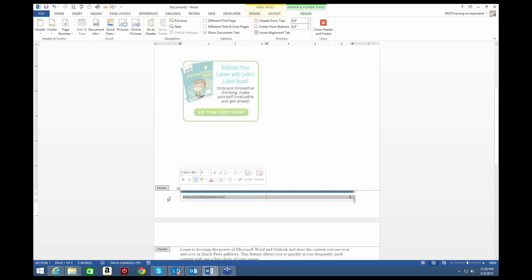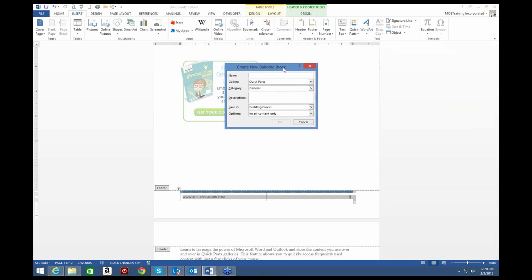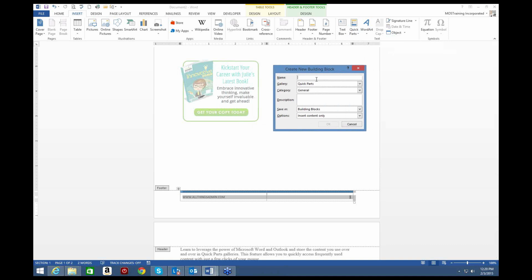And after getting it selected, you would again return to the insert ribbon. And we are doing another quick part in the text group. And then I'll choose down at the bottom to save the selection to the quick part gallery. But this is where it will be different in terms of the gallery. Now I'm going to call this one All Things, I'm going to call it ATA for All Things Admin, ATA